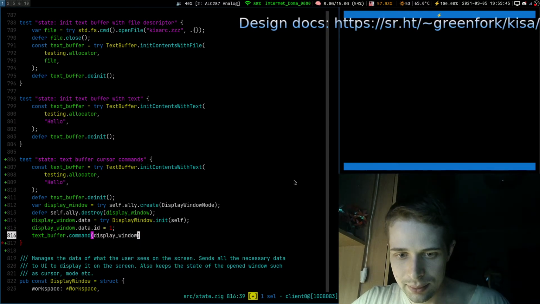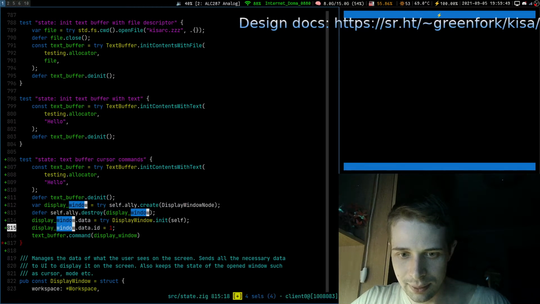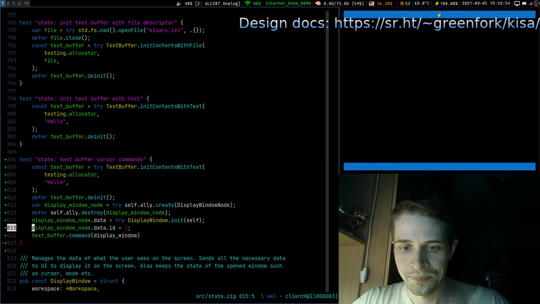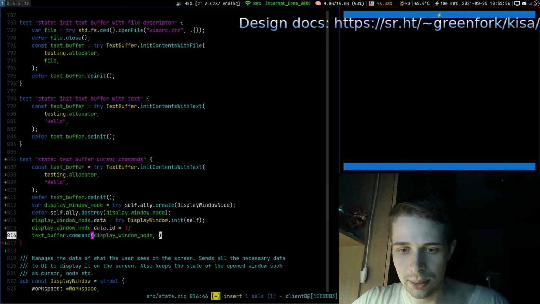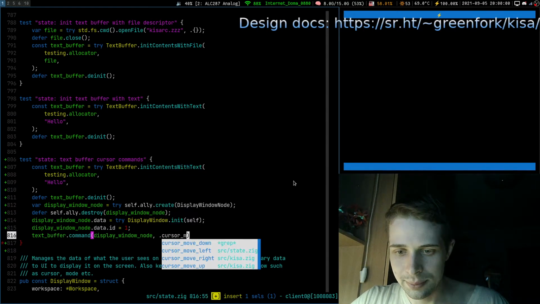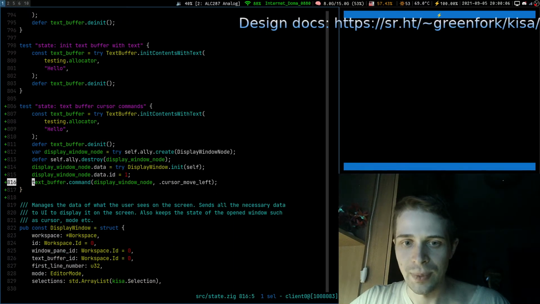Display window. Maybe we should say it here too. Display window node, and we say that cursor move left. Oh, finally, we did it.